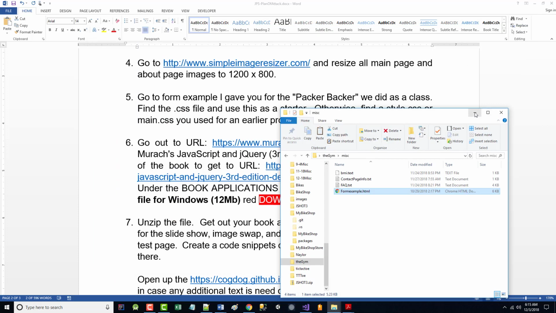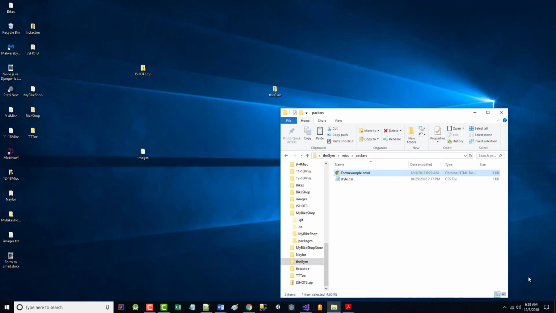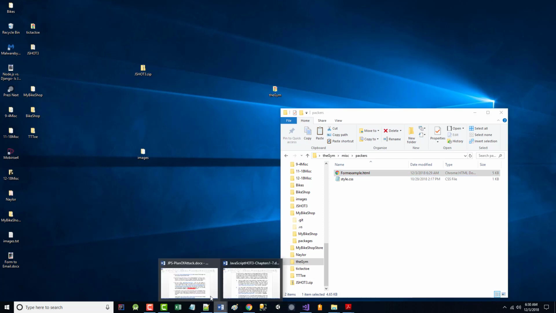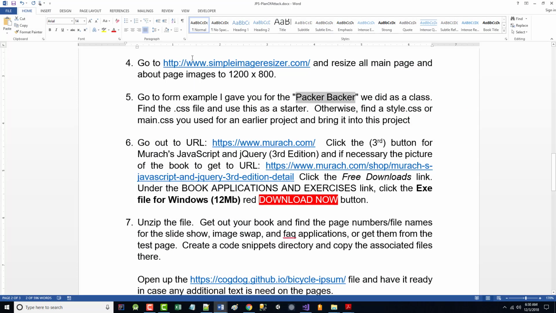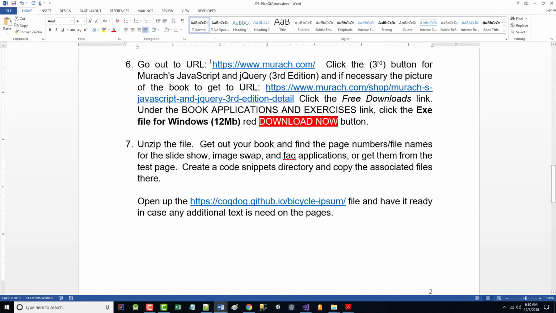So I'm going to pause for just a minute. I'm going to find the copy that I did. I'll be right back. Alright, that took longer than I thought. I did end up grabbing one of the students', but I gave them the file, so I stripped it down so it looks like this. So this is going to be the start of my form. Alright. And for now I just copied it into the miscellaneous folder. So jumping back in here. I've done step 4. I've done step 5. Okay. So step 6. Go out to the URL